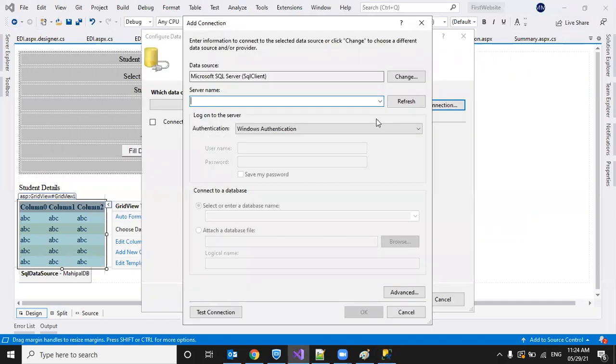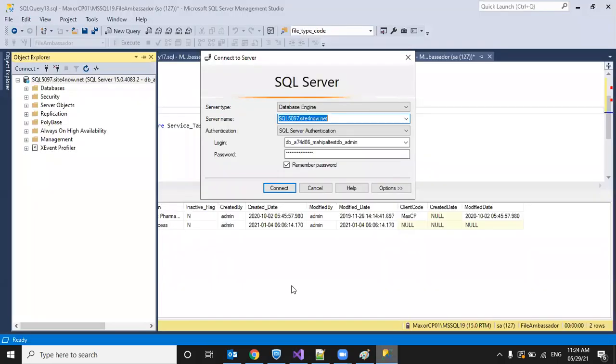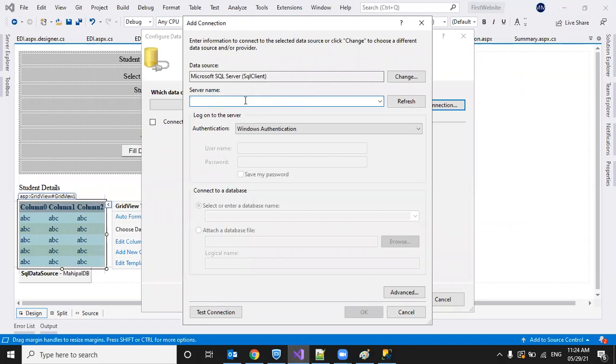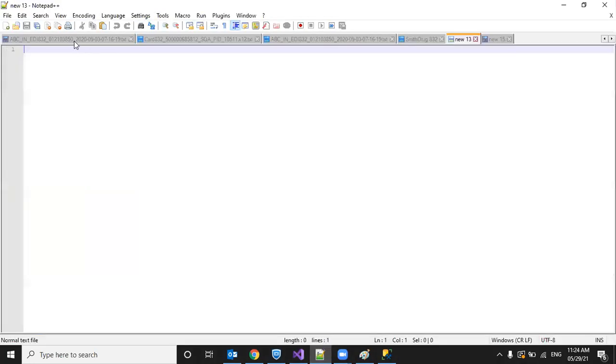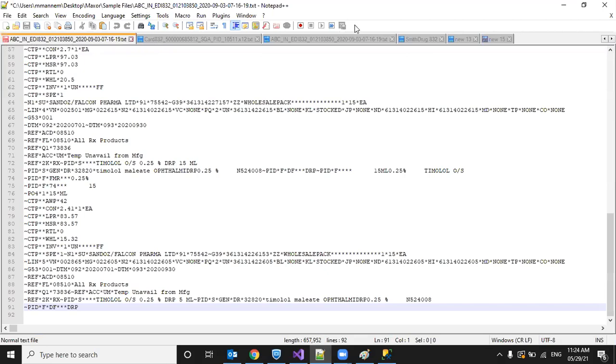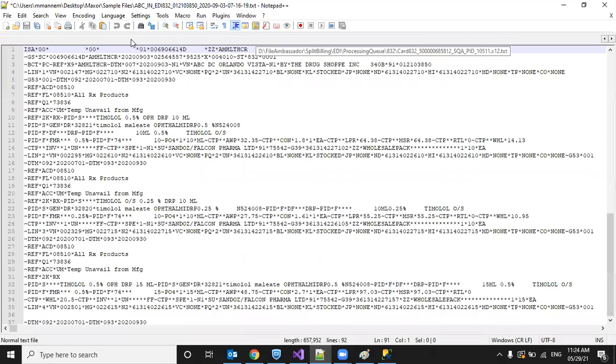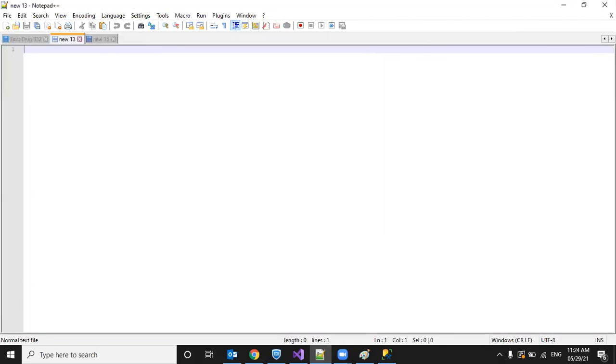It is unable to find any database servers in my local. So I'll give the external ID. This is my external server ID. I can specify the username and password. I think I have stored them somewhere last time. Just a second. Did I close them?